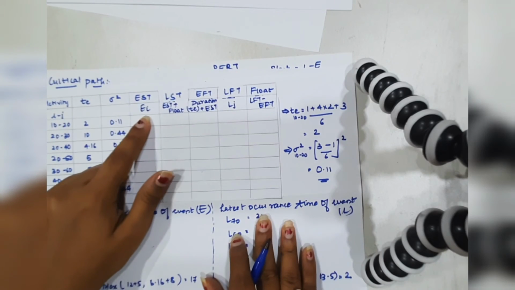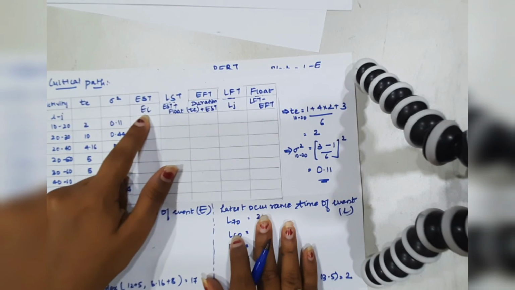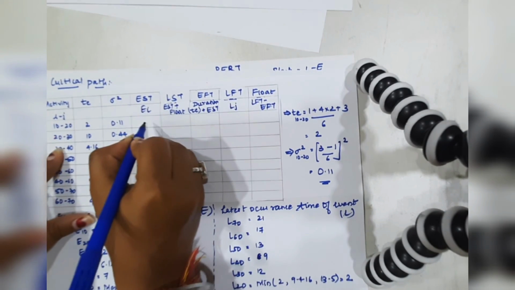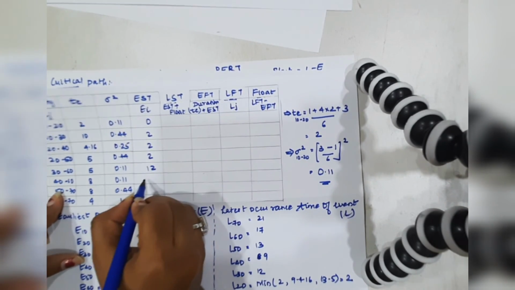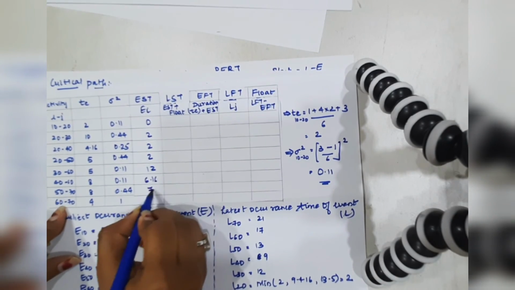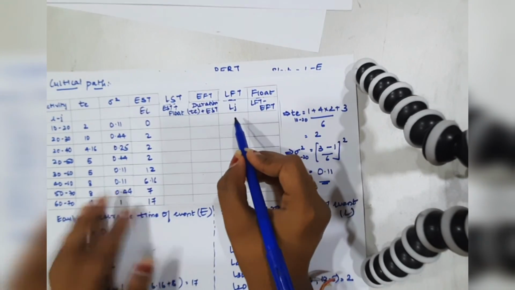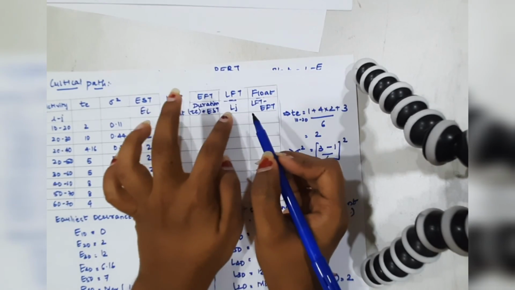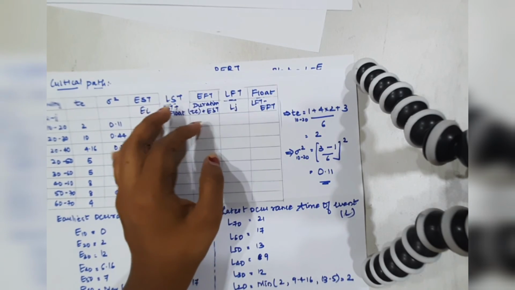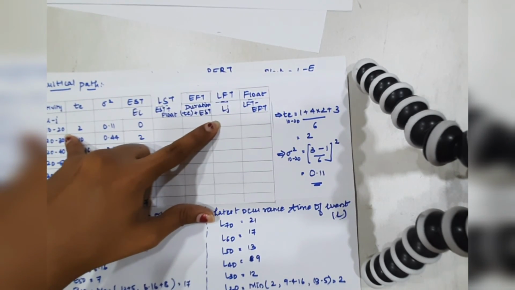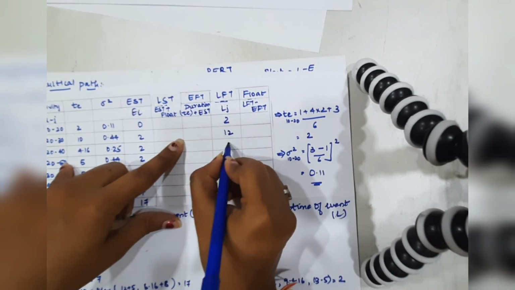So let's calculate the value for each. In this case we are going to put the I value here for solving this EST column. So E10 will be 0, E20 will be 2, then E30 would be 12, E40 would be 6.16, then E50 would be 7, then E60 would be 17. Okay, so this is done. Now next LJ. The J values would be taken from here; we plug in the value of J and then take the value of L from here. So for example, L20 in this case is 2. Then L30 will be 12, L40 will be 9 and so on.